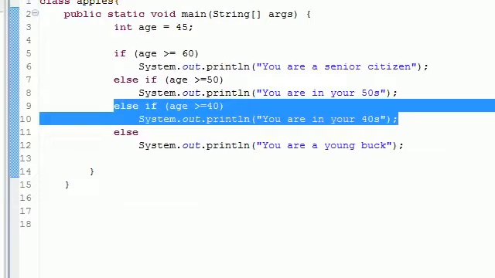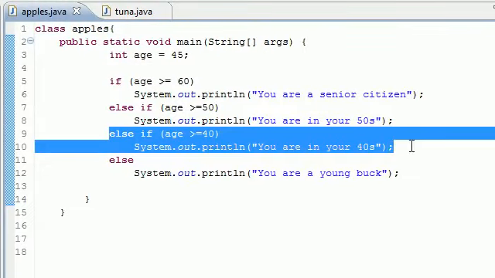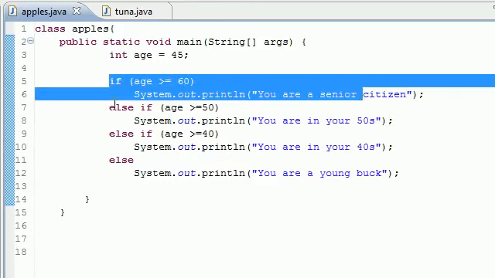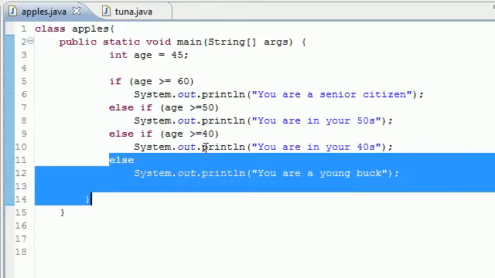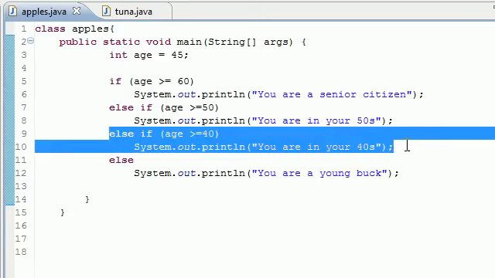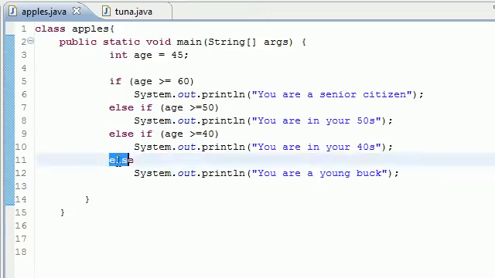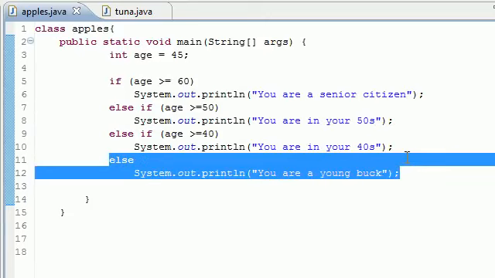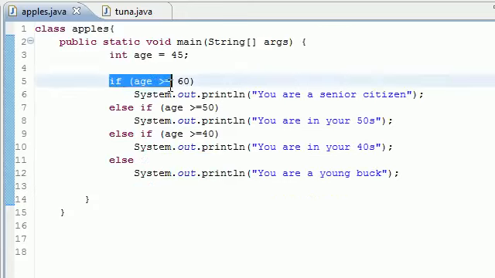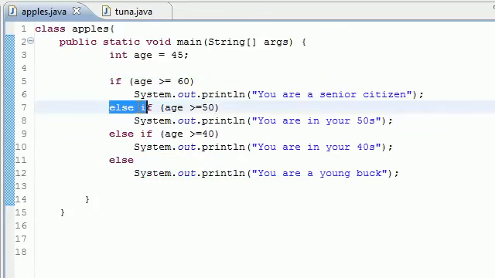And again, whenever you use the if statement, as soon as it finds its answer, it exits the whole thing. So it can only do this, this, this, or this. And since it did this one, since age was greater than 40, there was no need to go to the else because it already found its answer. So that's how you can give a variable many tests using an if else statement. Again, the if is the main test, and the else if statements are alternative tests if the previous